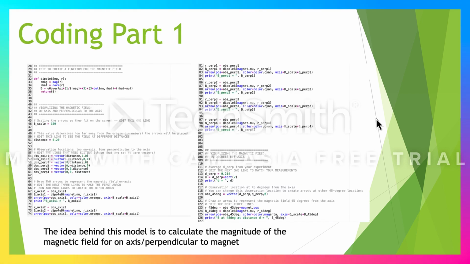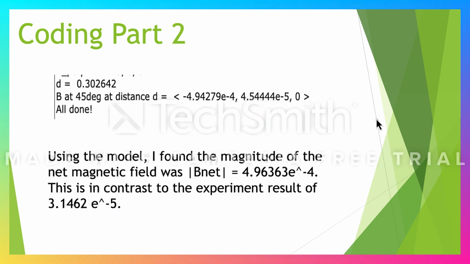So for coding, first we created a function for the magnetic field, and you can see here that it is the Biot-Savart law. And then next we visualize the magnetic field. Then we set the different observation locations and use the dipole functions for the on-axis and perpendicular axis locations. And then we average the d perp from the experiment, and then observe the locations at 45 degrees from the axis. The idea behind the model is to calculate the magnitude of the magnetic field on and off perpendicular to the magnet. Finally, getting results, we have a distance of 0.302642,